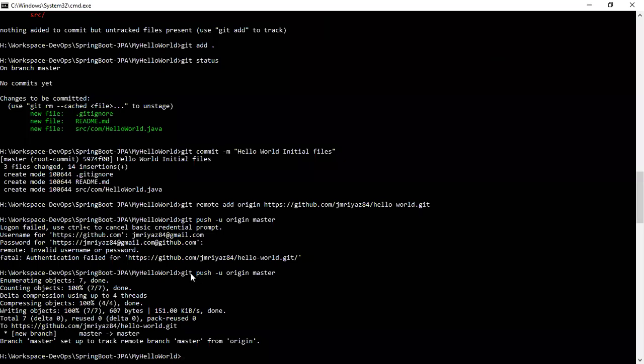Okay, now I push my code with git push -u origin master. I gave the correct credentials, and now the code got moved to the master branch.